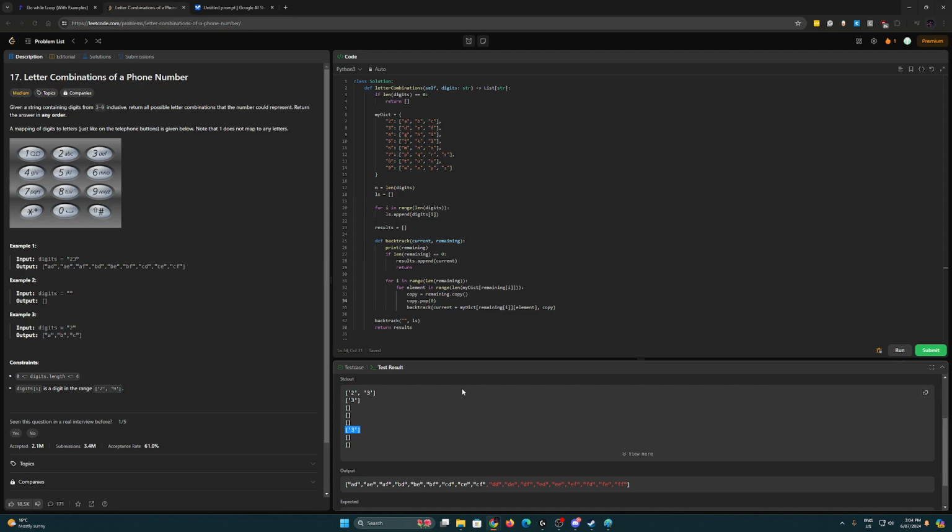I could clear it after and do like if LE1 in my dict. But I don't want to do that if I can avoid it. I can't tamper with the length of it because that'll ruin the backtrack. So for I in range len remaining, I could add a counter to make sure that we're only getting